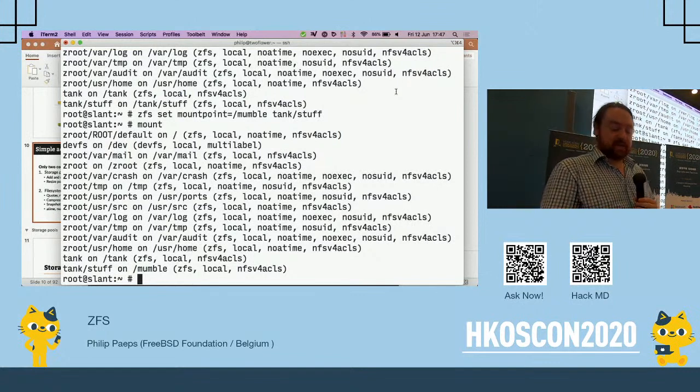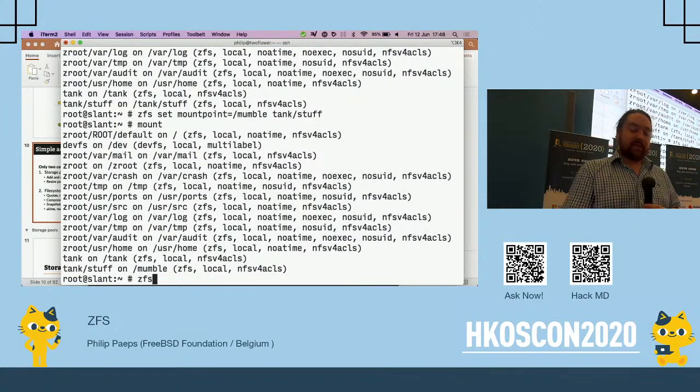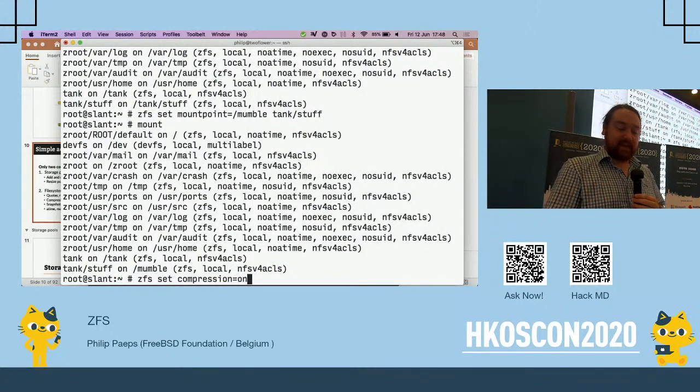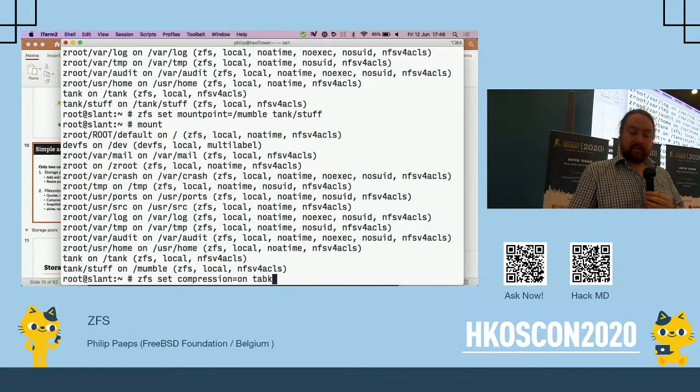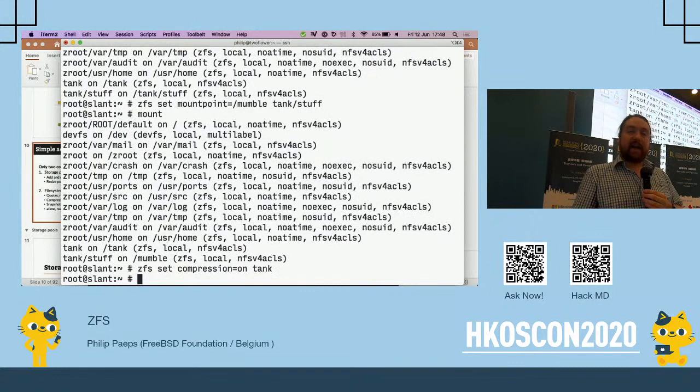Other fun features of ZFS are compression. If you want to turn on compression on any other volume manager or file system, you need to go and grub around in the manual page. If you've played with ZFS for more than 5 minutes, you'll find that just guessing the commands is going to make it work. If you want to enable compression, you just zfs set compression=on, say, tank, and